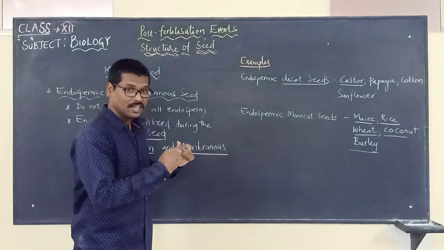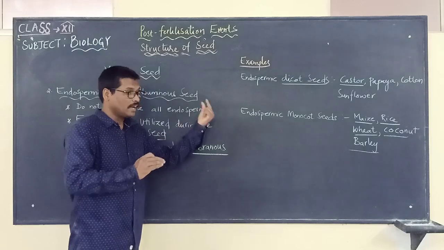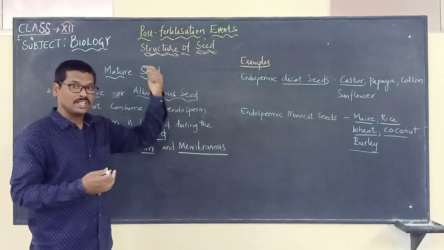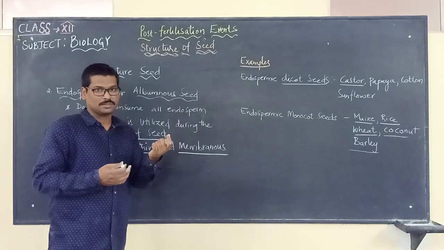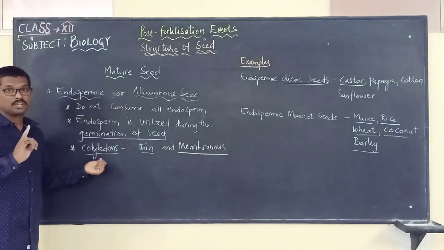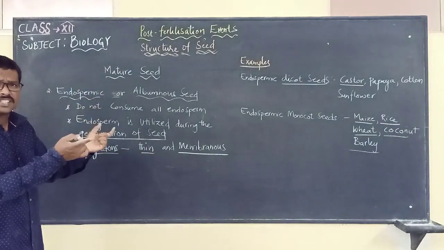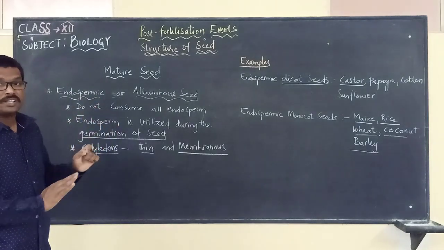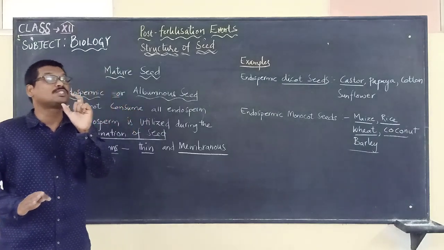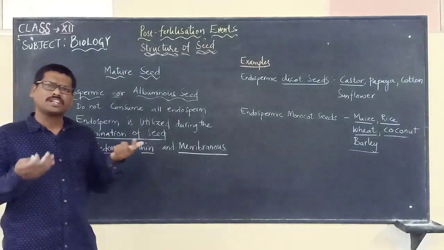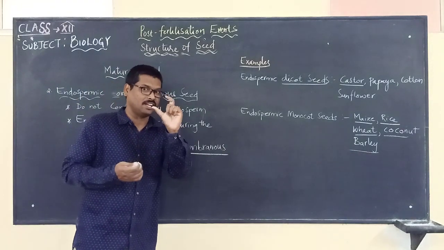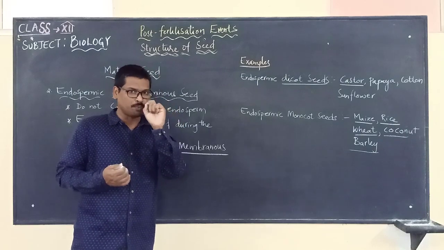But here, a very important thing we have to keep in mind. We have studied that in these two conditions, endosperm is the nutritive tissue that is absorbed into the formation of cotyledons, which also contain the nutritive material. But in this case, we said they are not absorbed completely. Apart from the endosperm, there may be persistence or remnants of some nucellus material present in the seed. Again, what is this nucellus? Let us see what is this nucellus that is present in the seed, which is very important.